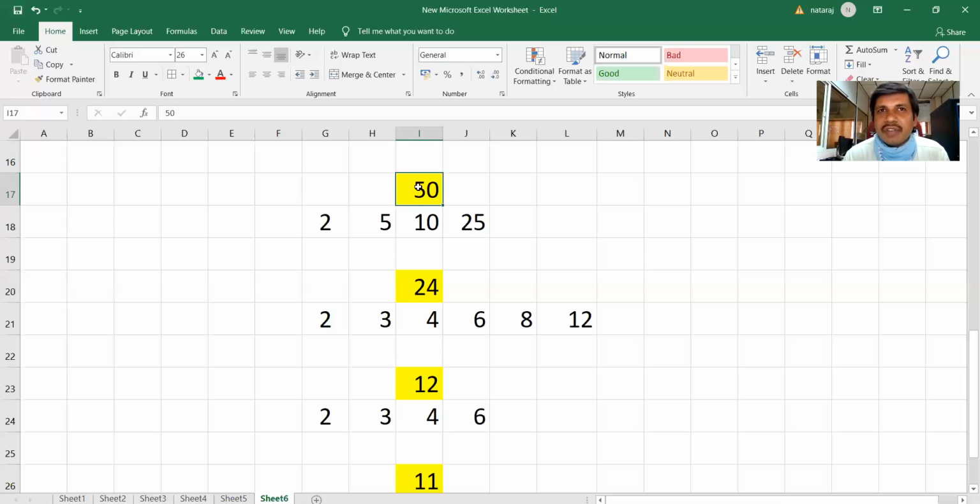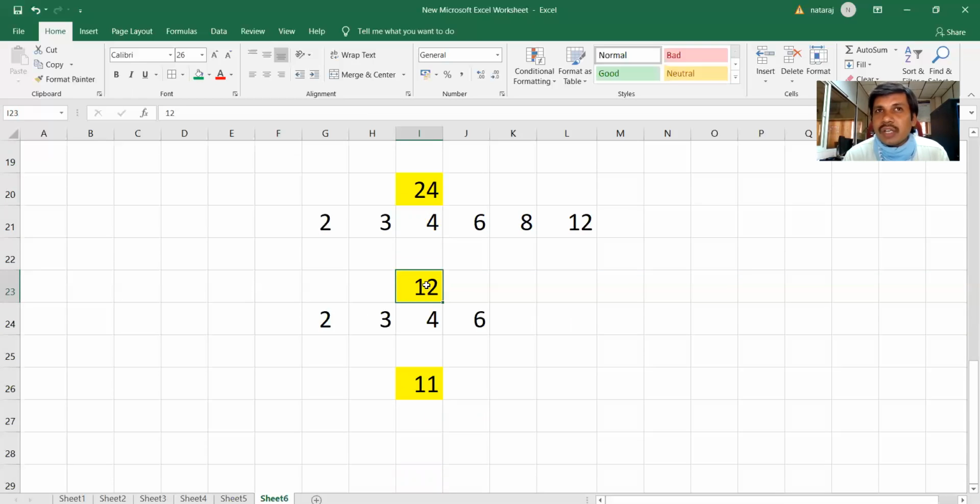50 square root is roughly 7 to 8. Within the limits of 8, we have got at least one factor. 24 square root is roughly 5. Within the limits of 5, we have got a factor, so it is not a prime number. And 12 square root is roughly 4. Within the limits of 4, we have got a factor.